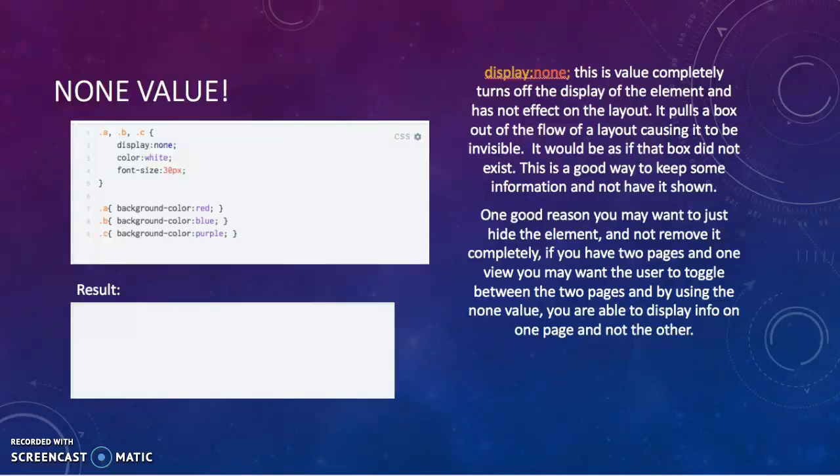So it's a nice way to do it. You can just keep some information you don't want displayed on one sheet, but have it displayed on another. So this is my presentation on